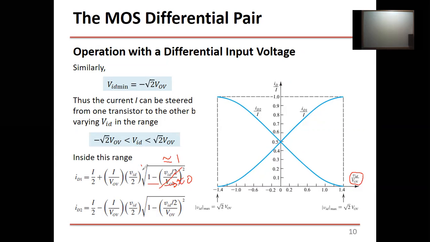So this is the linear equation. If you neglect this part and you assume it's 1, you end up with this, okay? And this is nothing but a constant plus a constant times VID over V over drive, okay? So it's just linear. This gives you this linear line up to here, and this linear line up to here. So if you work in a small signal,